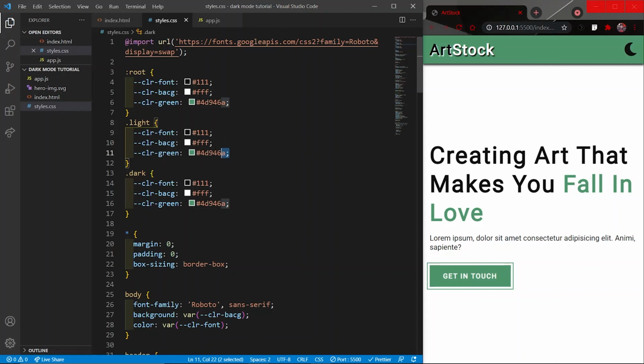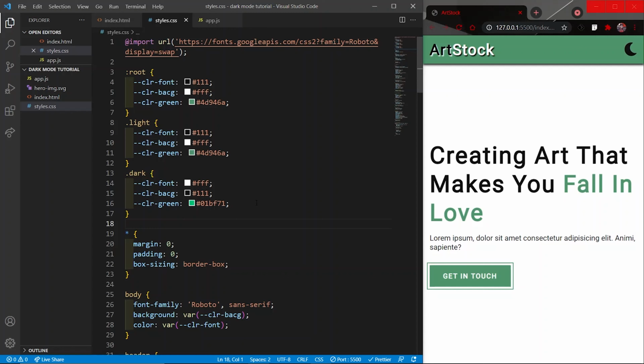These colors will be used for the light one, and here I will change the colors and these will be used for the dark one. So for the dark one, I would want the font to be white, the background to be black, and the shade of green will be a different one, and that would be this one.